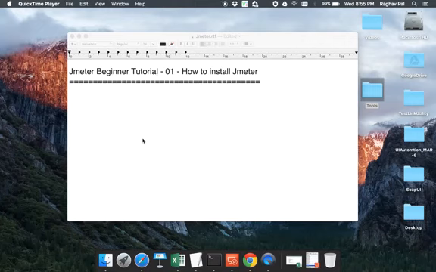Hi everyone and welcome to this session on JMeter beginner tutorial. So this is going to be a series on JMeter and we will be going step by step in a very basic manner on how to install JMeter and then how to configure it and how to use it for various performance testing needs. Okay, so I'll be showing you this session and this tutorial on JMeter, and because JMeter is